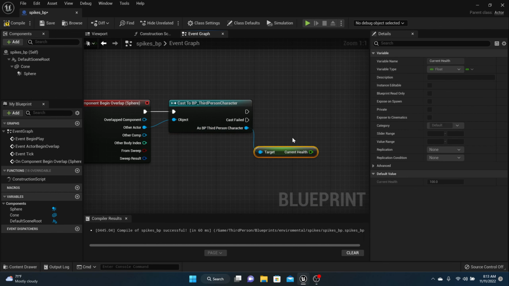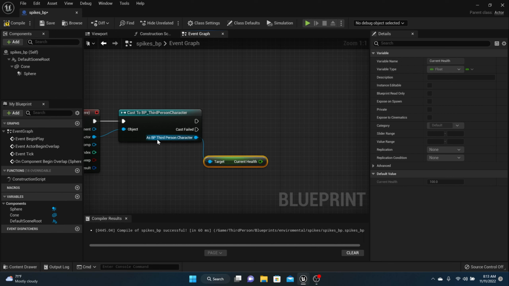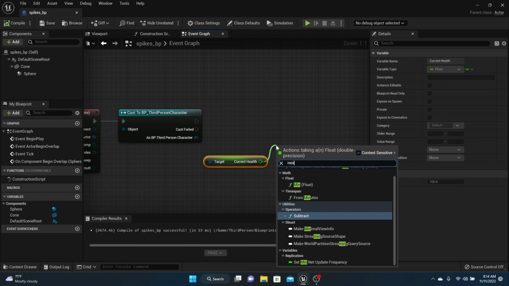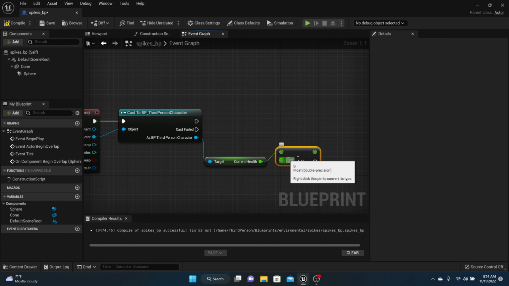And what we want to do is we can either say a set number for this health, or we can take off a percentage. So for me, I'm going to say a set number, because I just wanted to take away 50% of the health, because the spikes are not fun. So minus just 50 period,